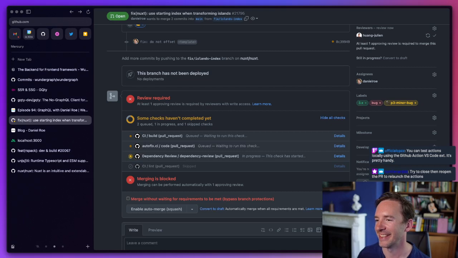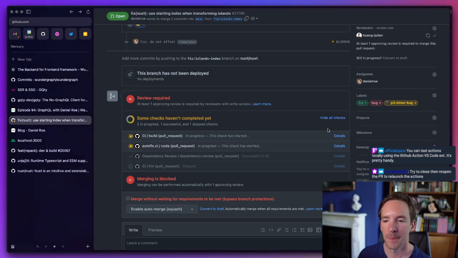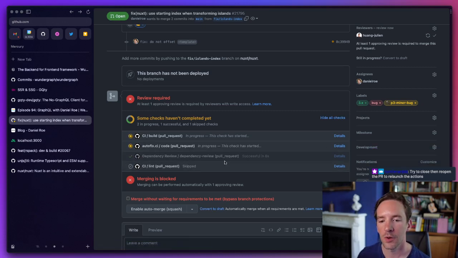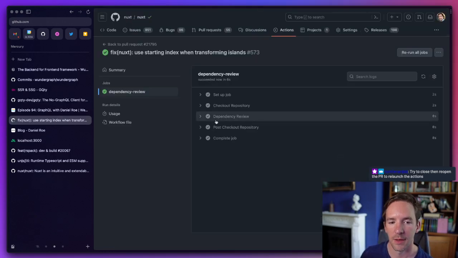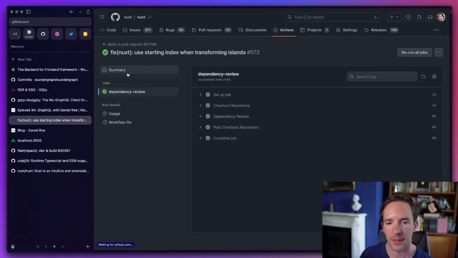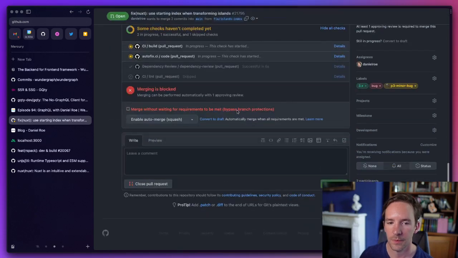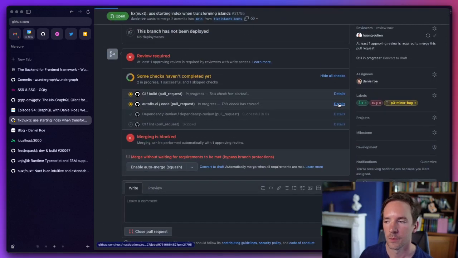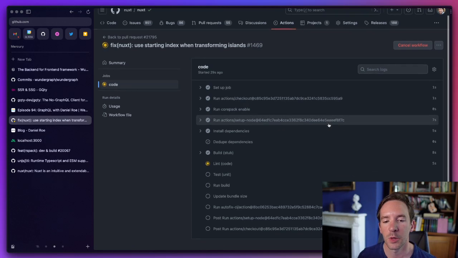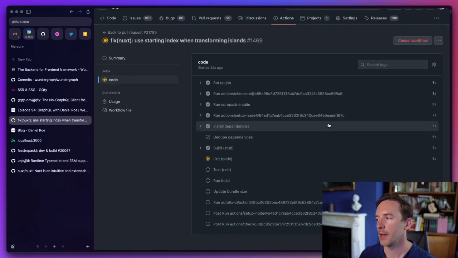Oh, that's amazing. Thank you. Okay, it started. I wonder if it was waiting for dependency review or something like that before running the tests. But for whatever reason it is running, and I'm also expecting that it will pass. So I'm expecting this will be fine.